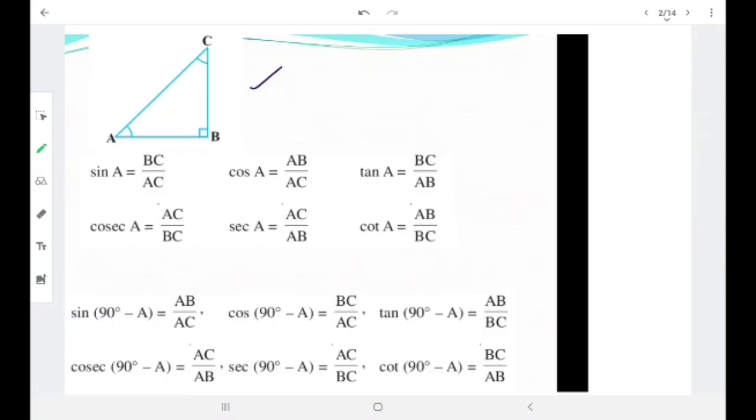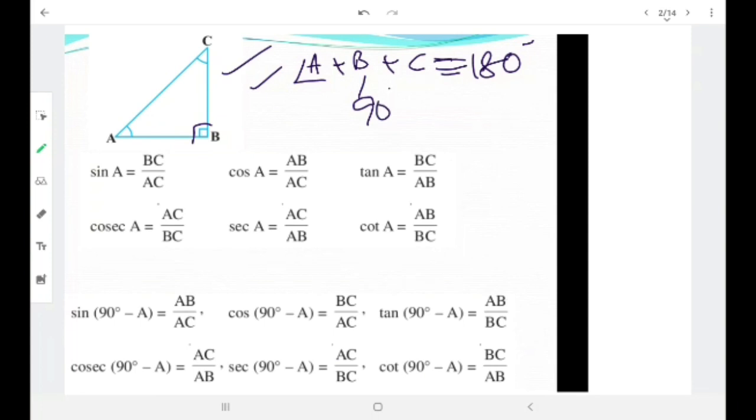Here is a right angled triangle. It is right angled at B. In a triangle, sum of all the angles is equal to 180 degrees. As it is a right angled triangle, here B is 90 degrees. Therefore, A plus C should be equal to 90 degrees. It is shown that